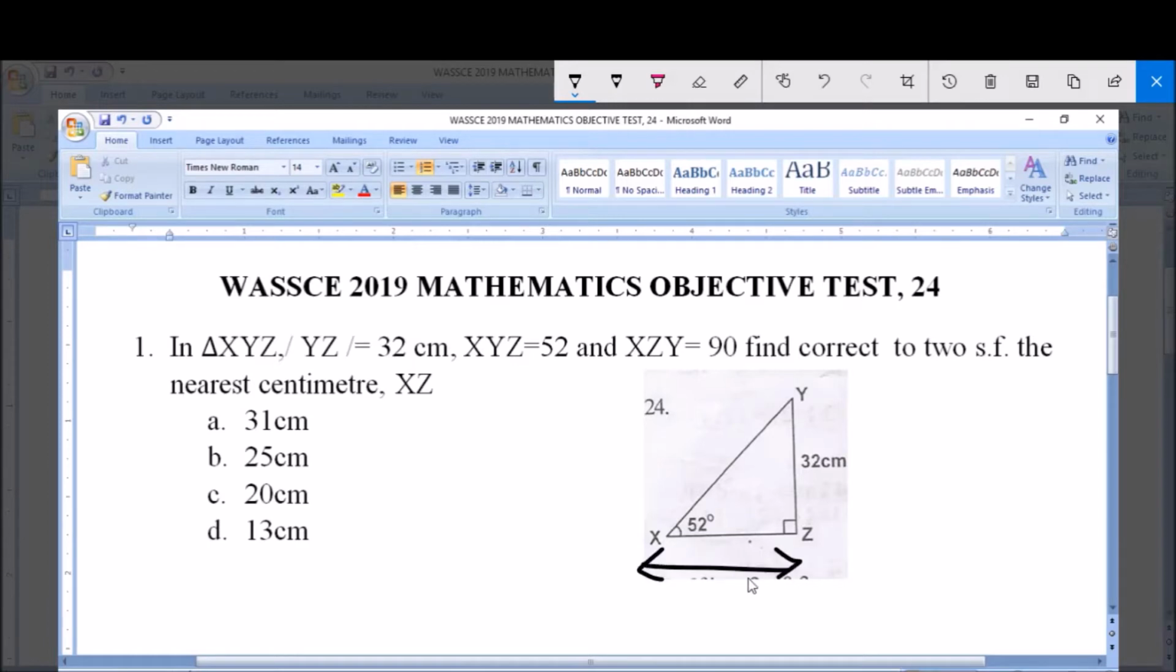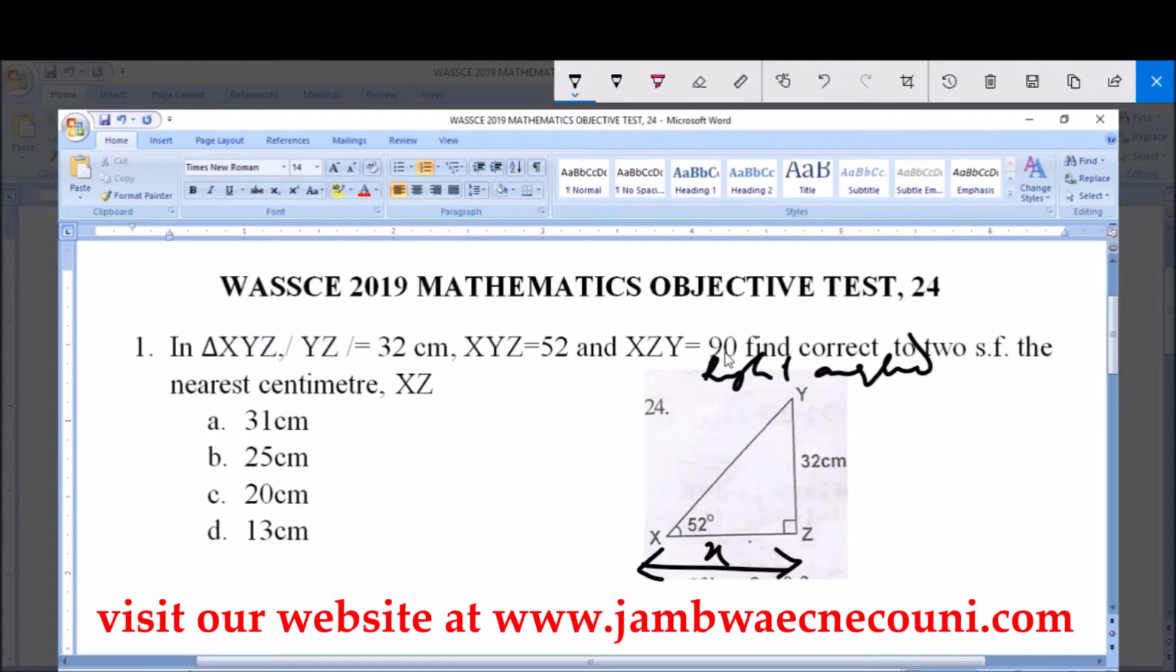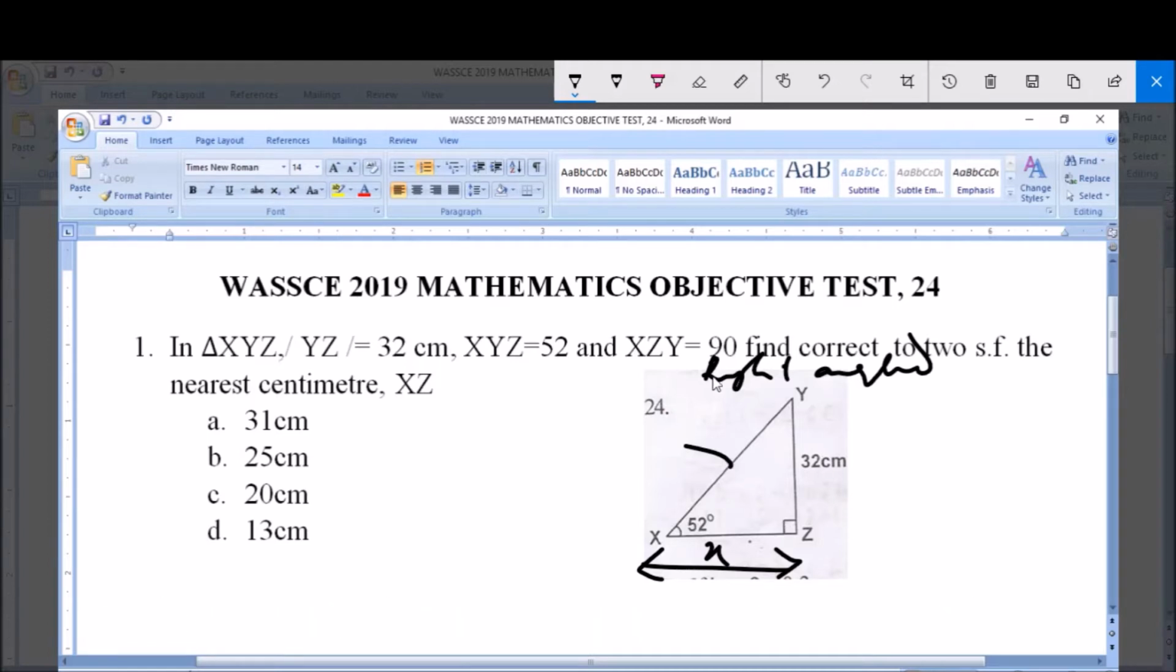Now let's call the line X. This is a right angle triangle. In a right angle triangle, the side directly opposite the right angle is called the hypotenuse. The side that is opposite the angle is called the opposite, and this other side is called the adjacent. Now usually we use this relation, SOHCAHTOA,